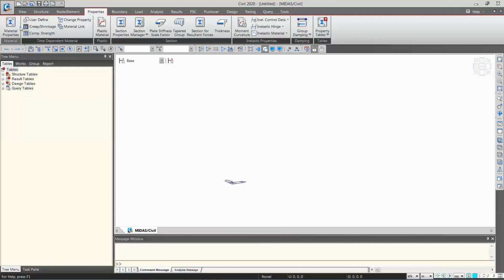So now let's go first to material properties.